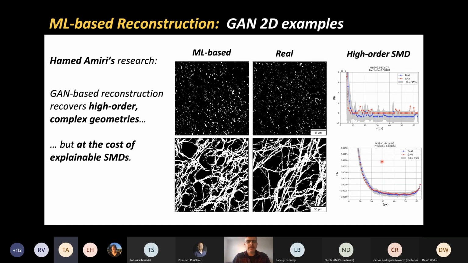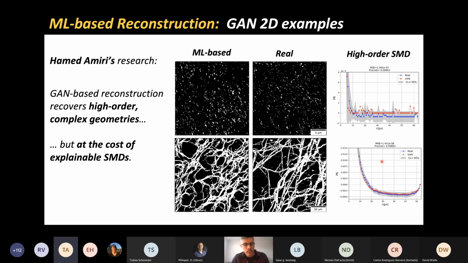Unfortunately, however, this comes at the cost of explainable descriptors. The network now describes the properties, the essential abstraction of this material. But if we look at the numbers in the network, we can't make sense of them. They are not human readable. We cannot interpret them in terms of geometry.